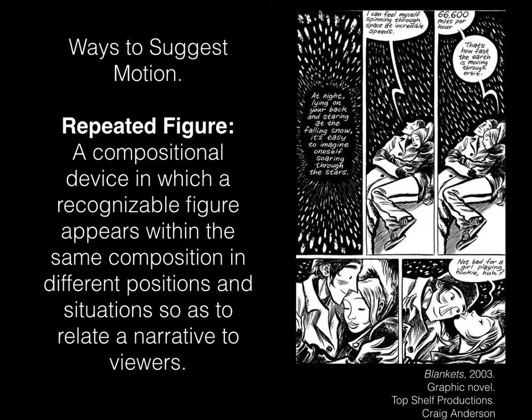So this is a page of a book from a graphic novel called Blankets by Craig Thompson. And in this, we can see that there's two figures. They're out in a snowy night. They're looking up at the sky, and they're kind of getting closer and kissing and cuddling. But we can see that they're kind of going through this conversation and moving slowly.